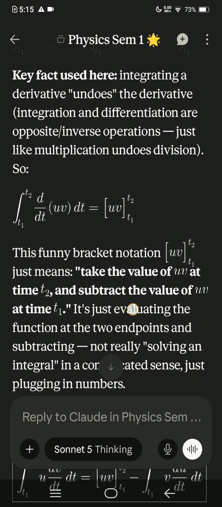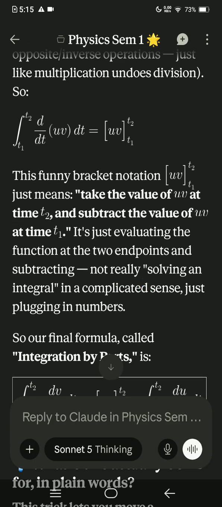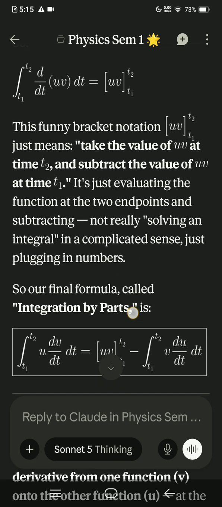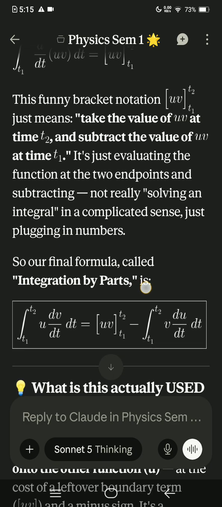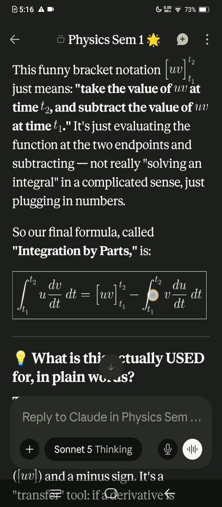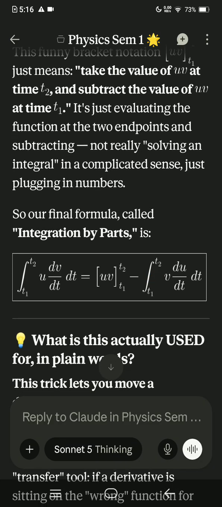This funny bracket notation just means take the value of uv at time t2 and subtract the value of uv at time t1. It's just evaluating the function at two endpoints and subtracting, not really solving an integral in a complicated sense, just plugging in numbers. Okay, so our final formula called integration by parts is